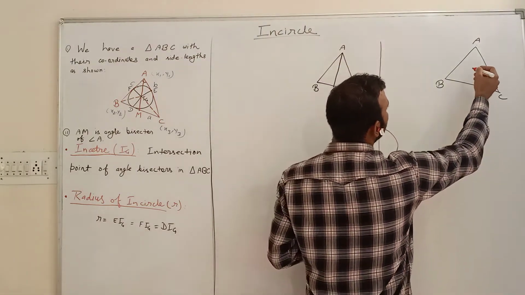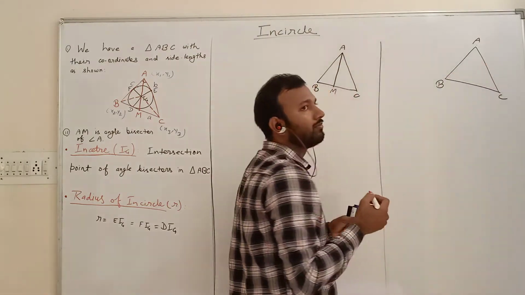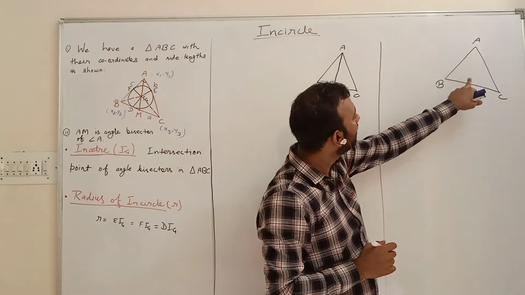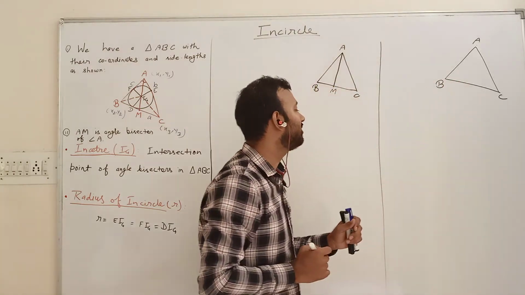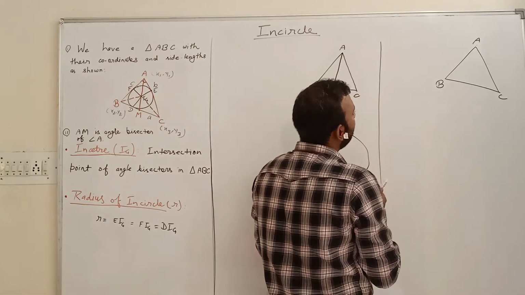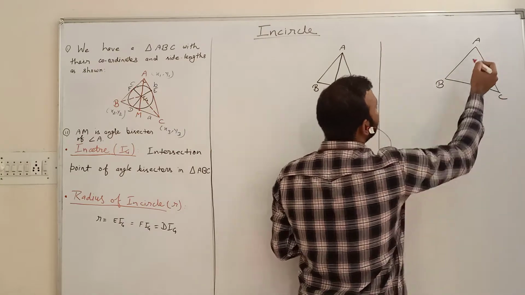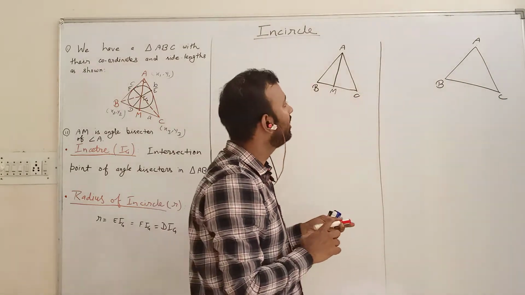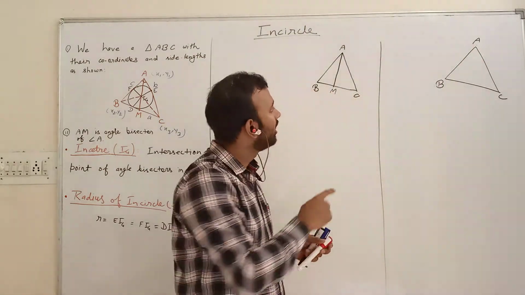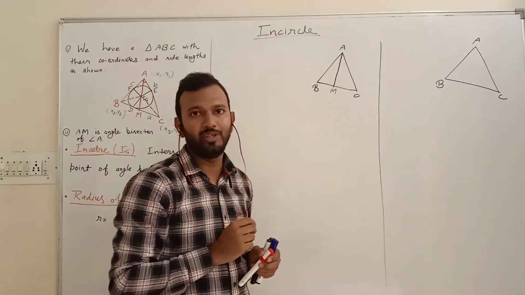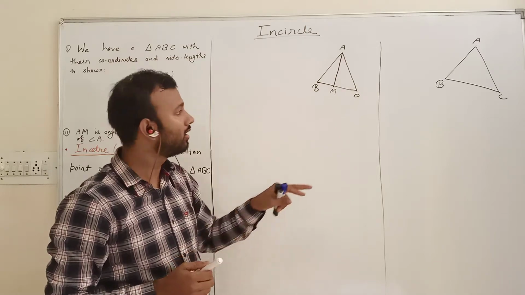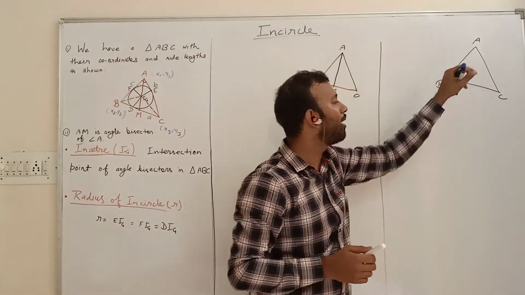So if you want a circle within this area, the area within the triangle, we have a triangle ABC. So if you want to develop a park, let's say, and AB, BC, CA are the paths joining the societies, the colonies. So A, B and C are three colonies, and AB, BC, CA are the paths joining the colonies, and they want to develop a park within this area. This is an empty area.